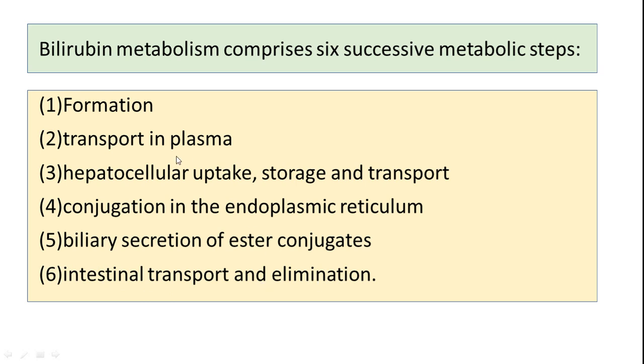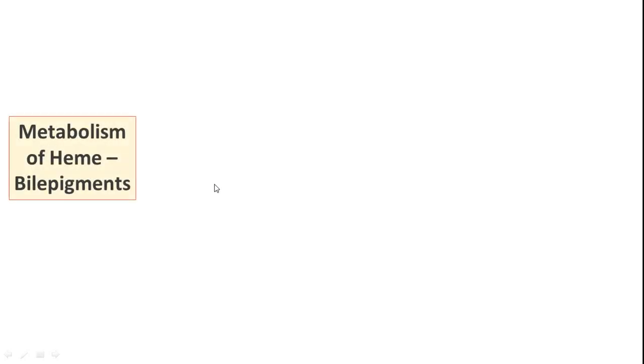So in these 6 stages we will see how actually the bile pigments are chemically transformed, and then later we will see its biological significance. Okay, so this is only an outline so that you get some brief idea on it. Now let's see how actually it is happening. Metabolism of heme and formation of bile pigments.